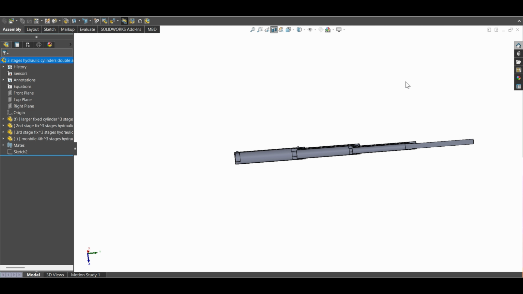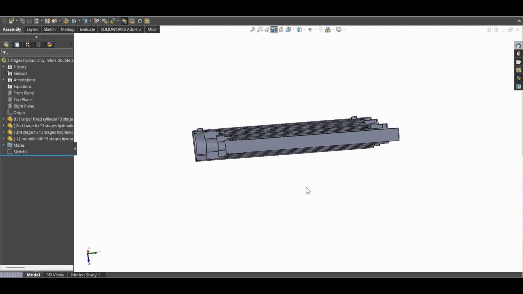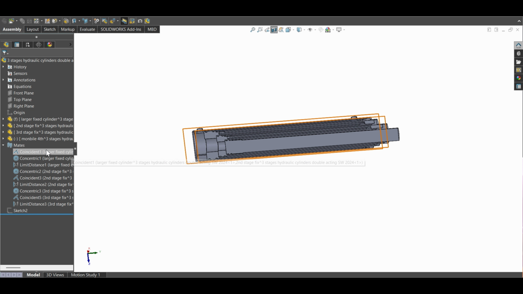It's a Solidworks file and it can work like a hydraulic cylinder, a multi-stages hydraulic cylinder. Okay, and the secret is in the mates. So in each part I've just used 3 mates. Okay, here the